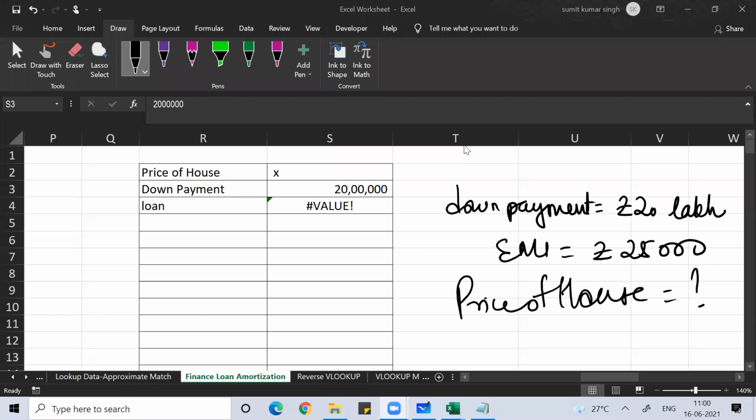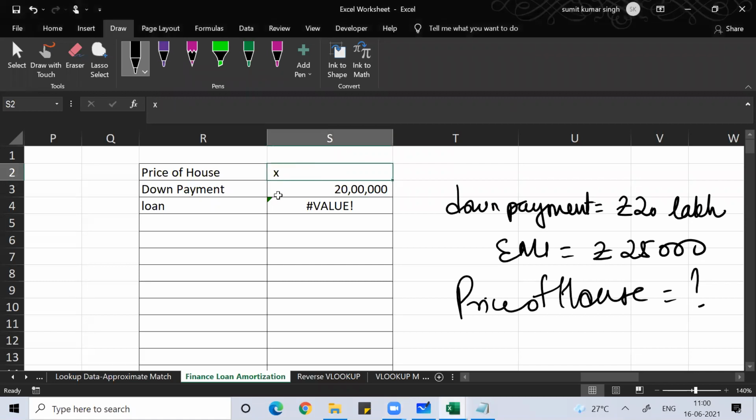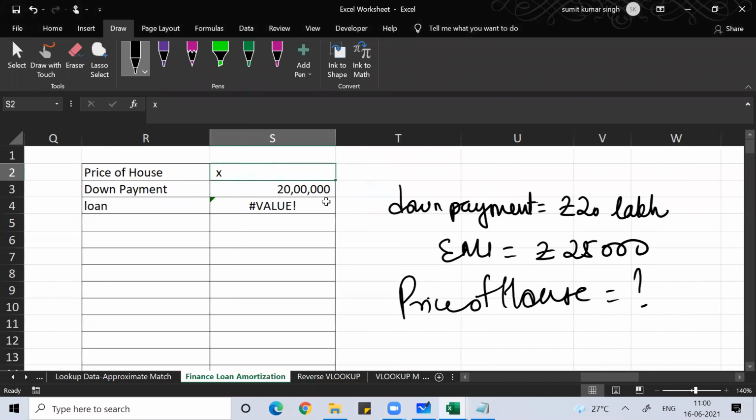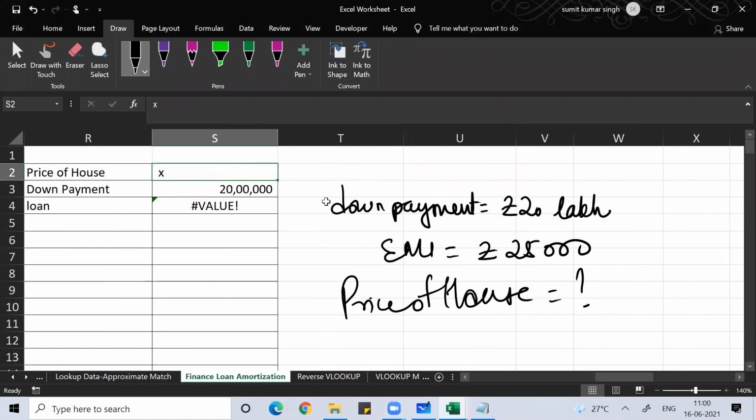So what you will do is go to the bank and say, I can give you this much down payment and this much EMI every month. You tell me what price of house I can target. I hope you are understanding. You can do all this calculation by yourself, very simple. In general life, we write X. Let the price of the house be X rupees.